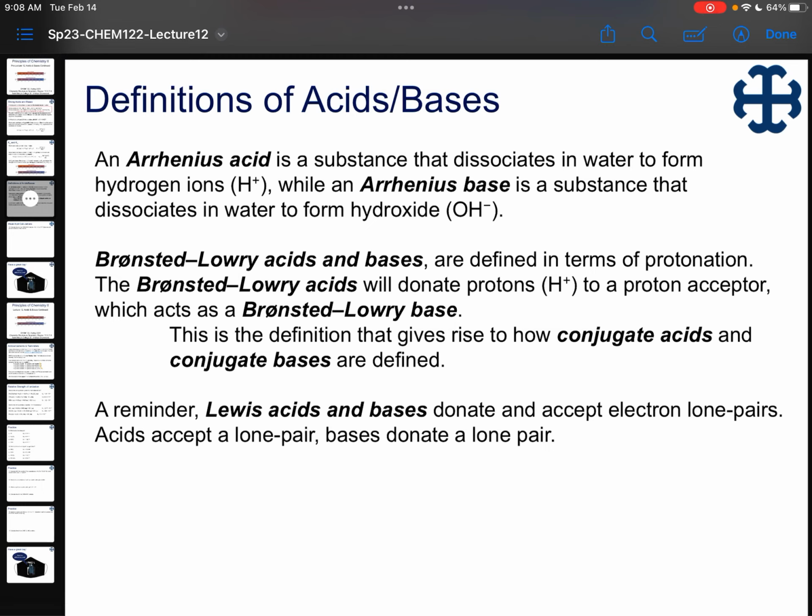Okay, so that is our most expansive definition, and basically the good news is that anything that is an acid in one of these can be an acid in any of them, right? And so as we go from Lewis acid to Bronsted-Lowry acid to Arrhenius acid, those definitions get more and more restrictive, but hopefully you can keep them straight and identify what is what, okay? So those